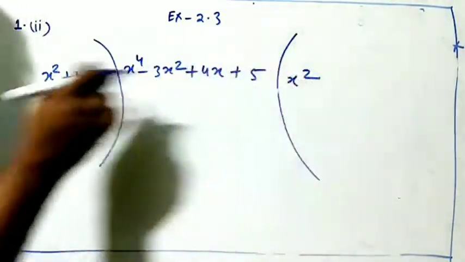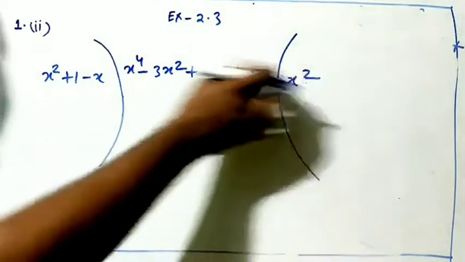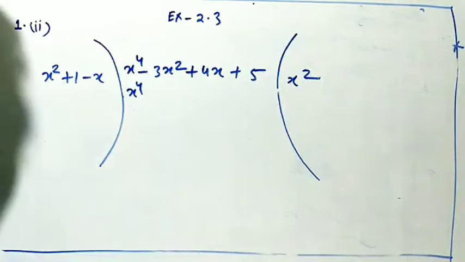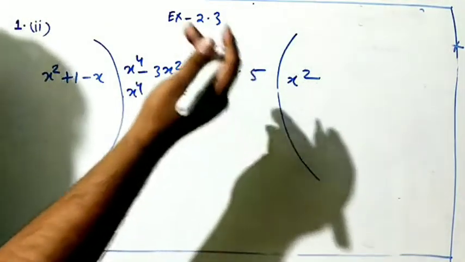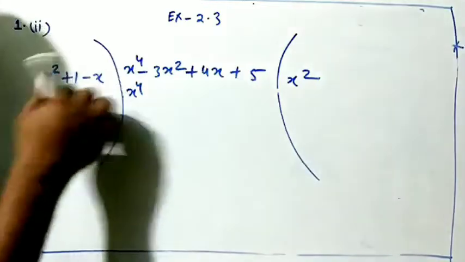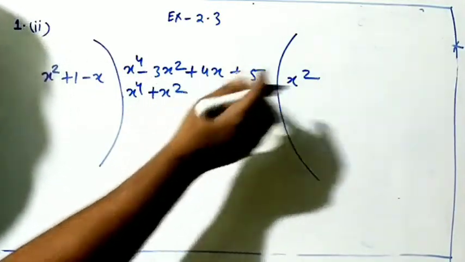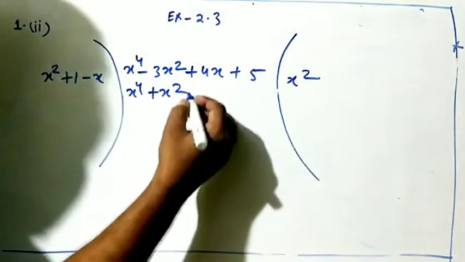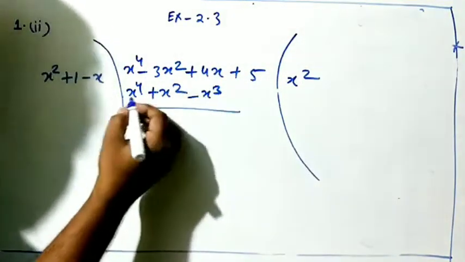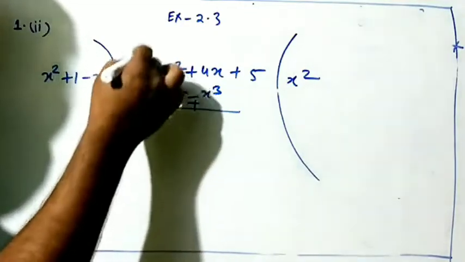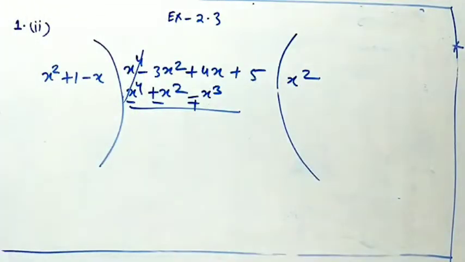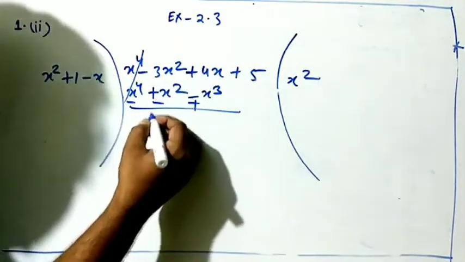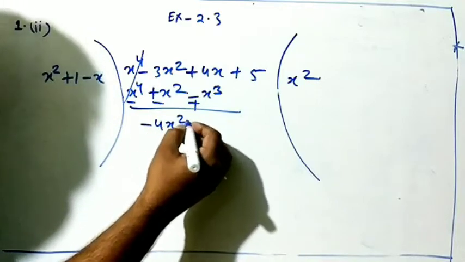Now multiply x square with all the terms of the divisor. x square multiplied by x square will be x to the power 4. x square multiplied by 1 will be x square, written below the like term. And x square multiplied by minus x will be minus x cube. There is no x cube here, but write down x cube. Okay, change the sign, cancel x to the power 4. Here minus 3x square and minus x square will be added, so minus 4x square